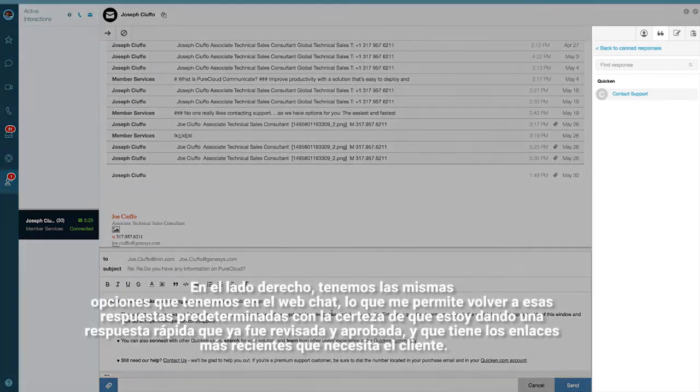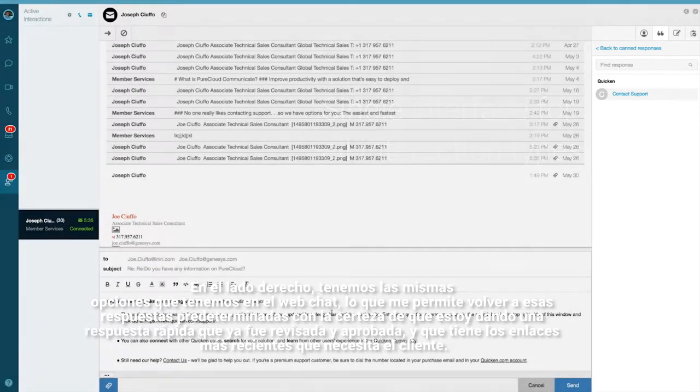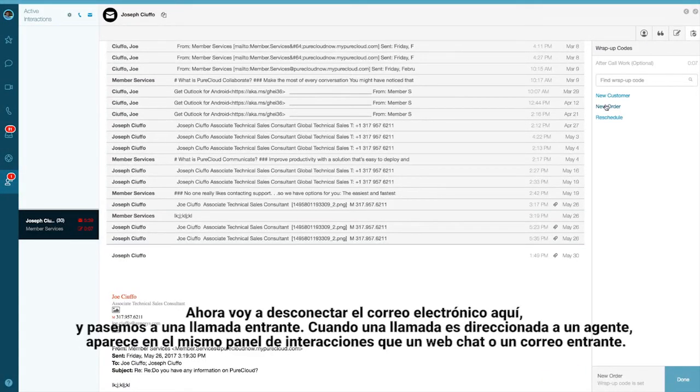And on the right-hand side, we have the same exact options we have within a web chat, allowing me to reference those canned responses again and making sure I'm giving back a quick response that already has been spell-checked, vetted, and has the most recent links that the customer needs. I'll go ahead and disconnect this email here, and let's go ahead and take a look at an incoming phone